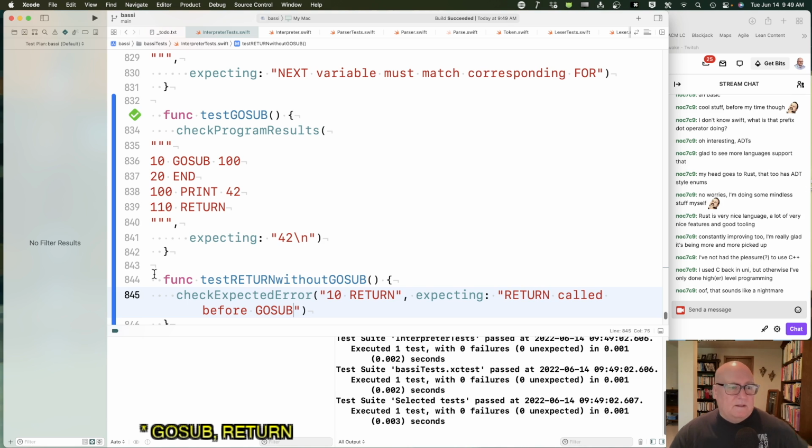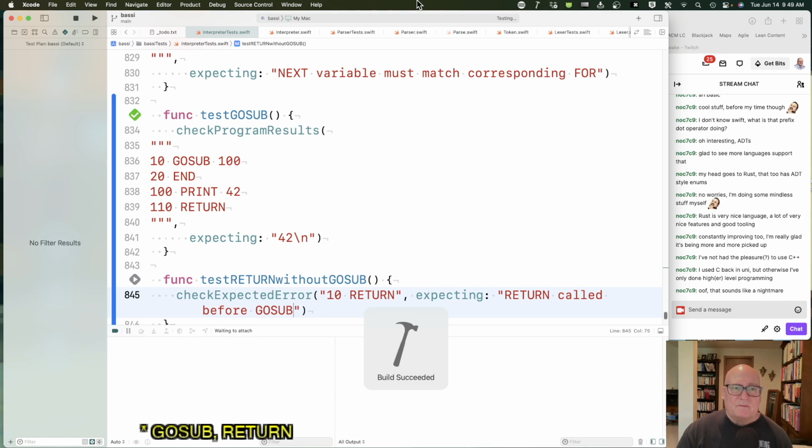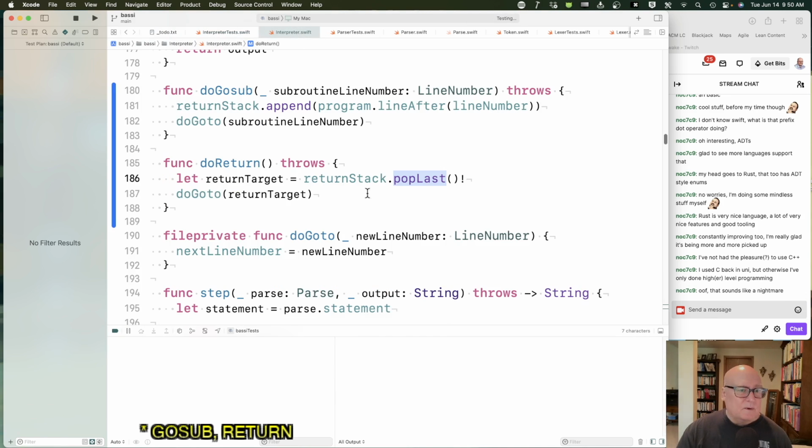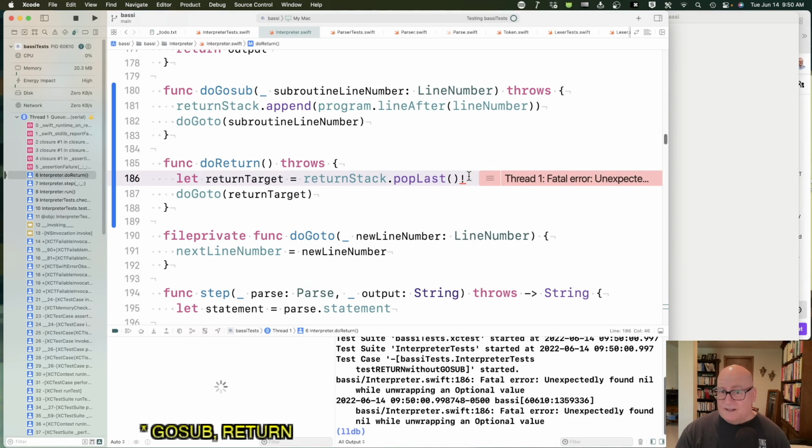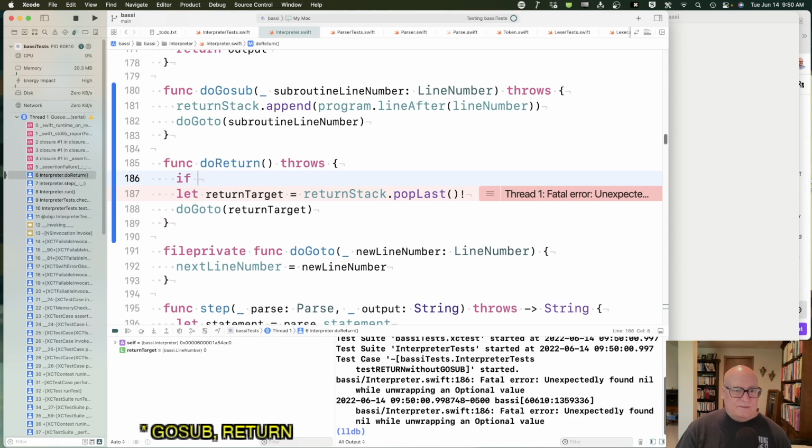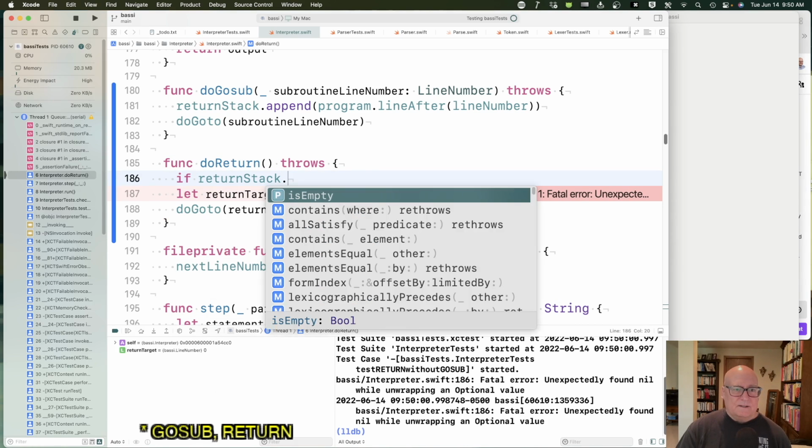We're expecting most likely the stack will blow up, because right here we said it's going to be there, and it's not. So if return stack is empty,